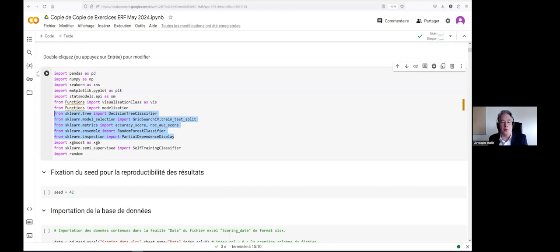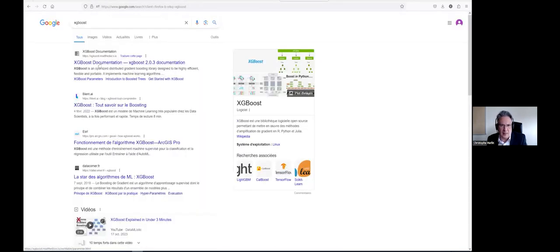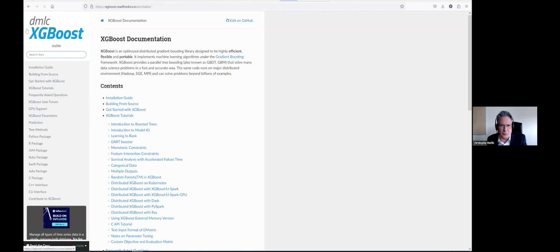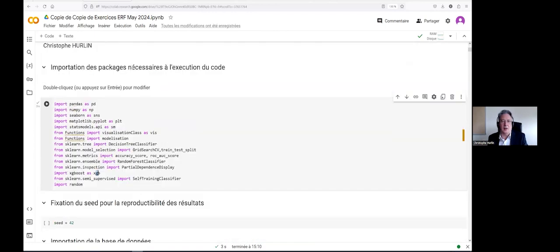I will also import a package from the library XGBoost. XGBoost is a library from DMLC that is related to gradient boosting models in general and XGBoost in particular. And from this library, I have to import a particular function. Okay, whatever here, I import all the functions from XGBoost, etc. So